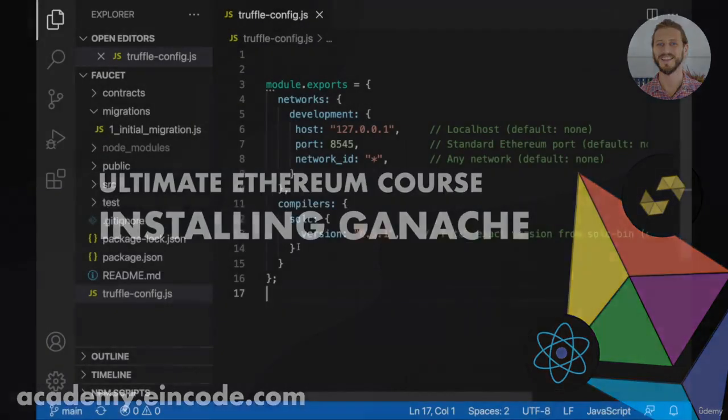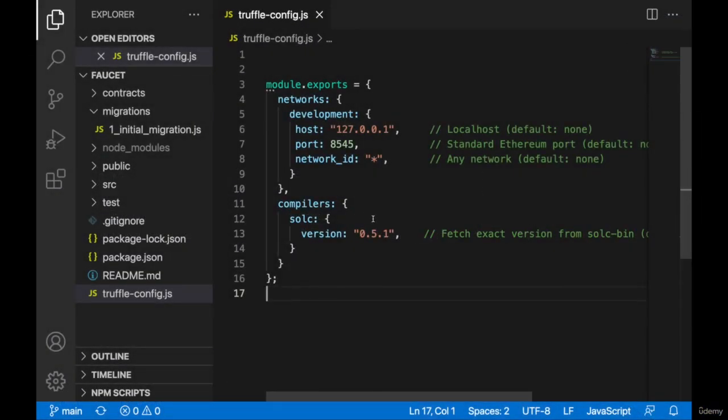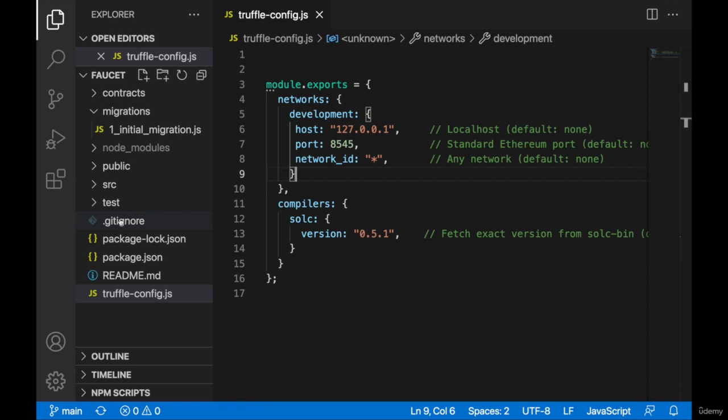In this lecture, we have initialized Truffle. Truffle, as I mentioned, is a development environment for creating smart contracts. In this lecture, we'll continue with this and we'll initialize Ganache, which is a private Ethereum blockchain, which will be running on our local computer, so it's very easy to test our smart contracts we'll be